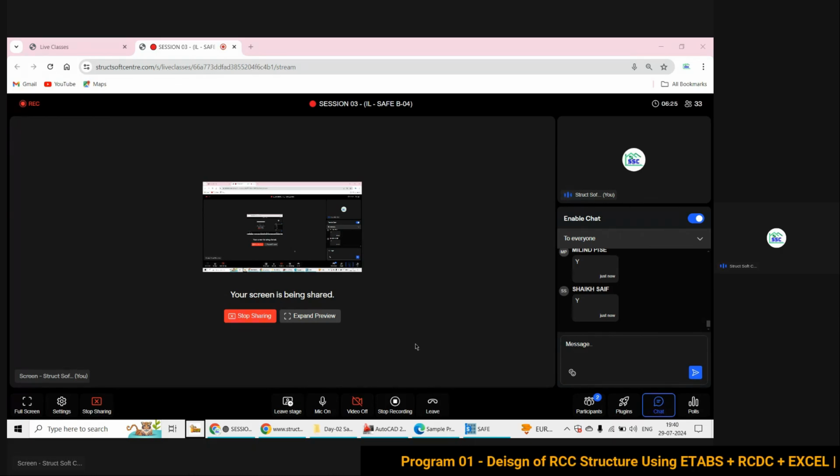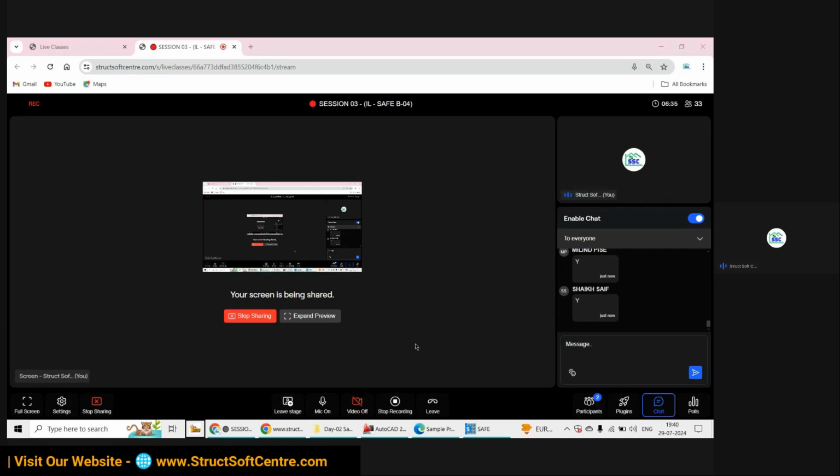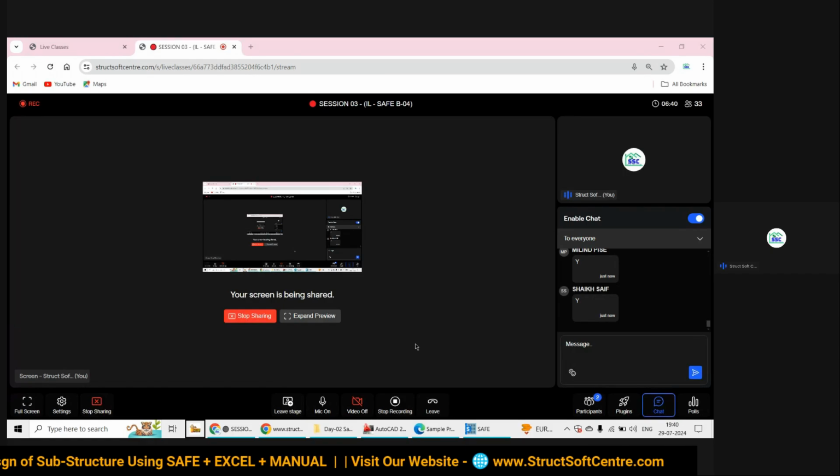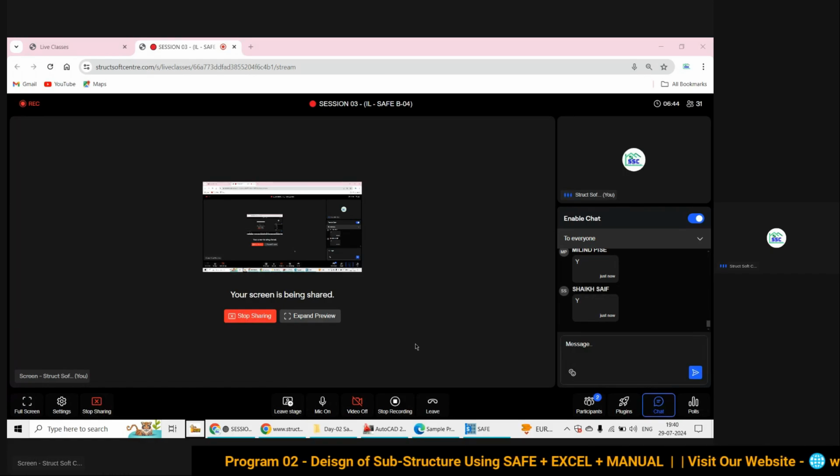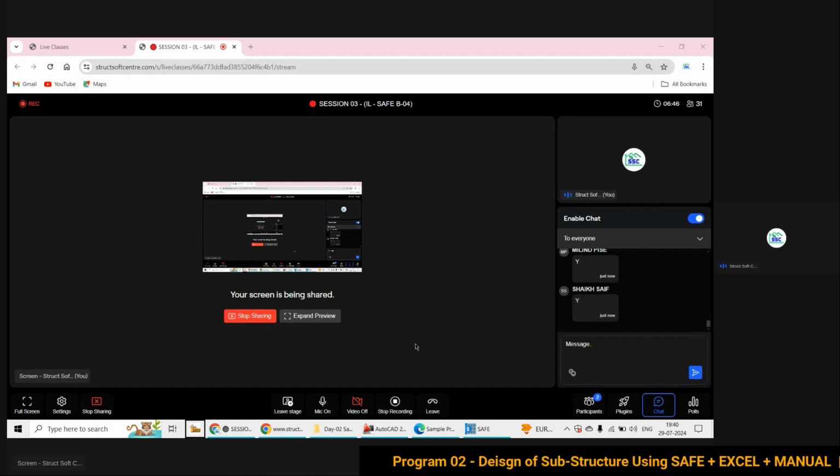And finally, that soil investigation report will give you the recommendation for the type of foundation. For the proposed land, what type of foundation will be more suitable will be given in your soil investigation report. So all this study was done in the last session. This is the overall summary of our last session.